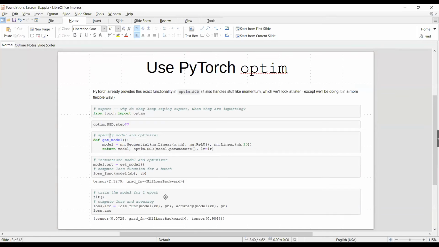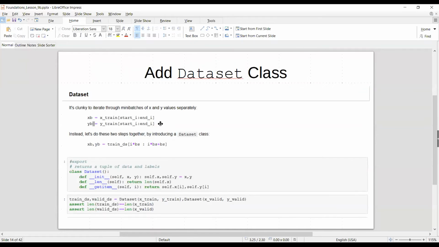So I'm going to go further. Next, he adds this dataset class, so the next part is focused on loading the data. We've already got the internals of the fit function all set. Now he wants to make the data loading process nicer. So he first defines this dataset class, and all it does is it puts together the training examples and their